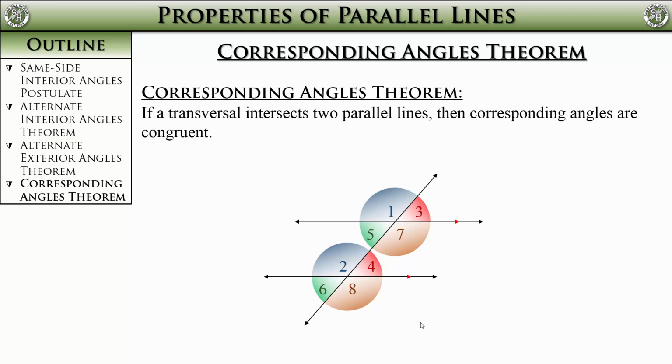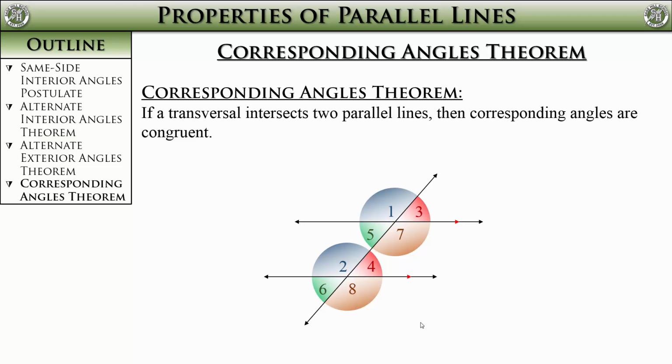Students often get lost with that though. They know one thing isn't congruent, but they can't remember which one. So they just put down that all of them are congruent. That's not right. The same side interior angles are supplementary, not congruent. All of the rest of them, the alternate interior angles, the alternate exterior angles, and the corresponding angles, are all